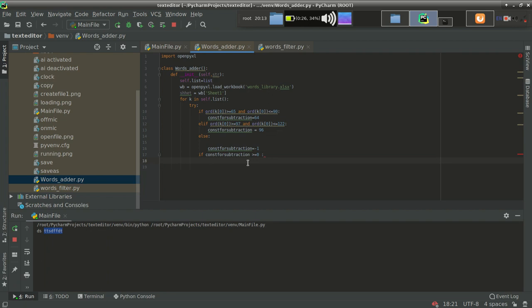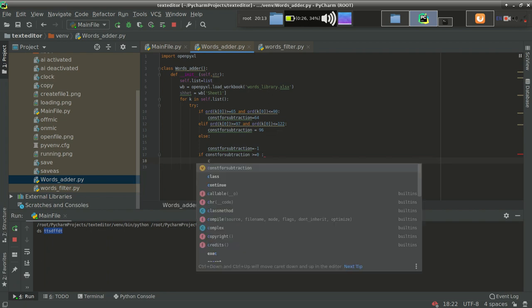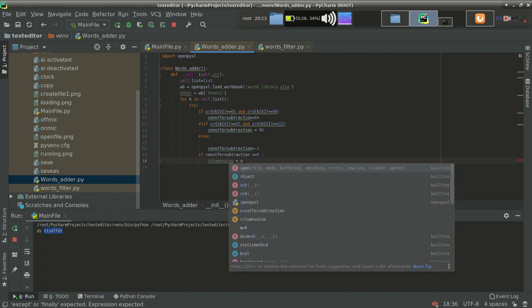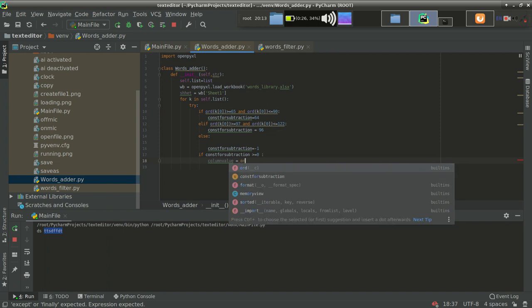So what we should do is decide the column value first, because otherwise we will not get unambiguous, meaningful data.